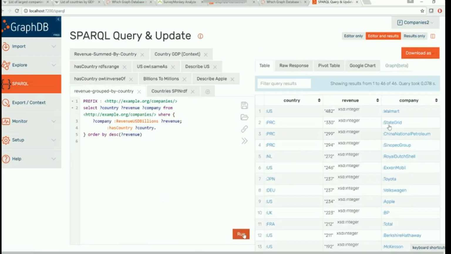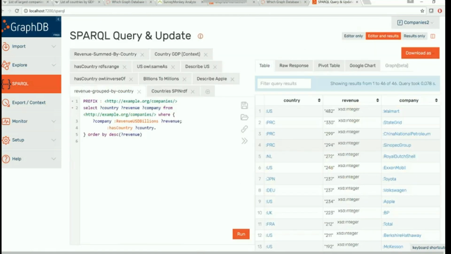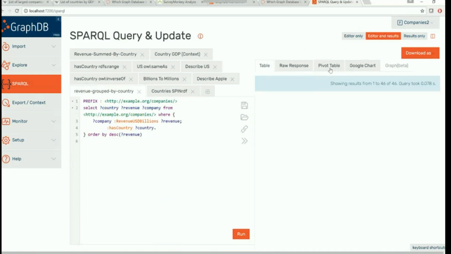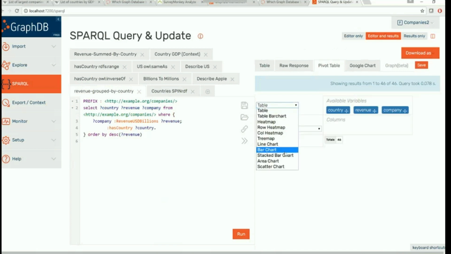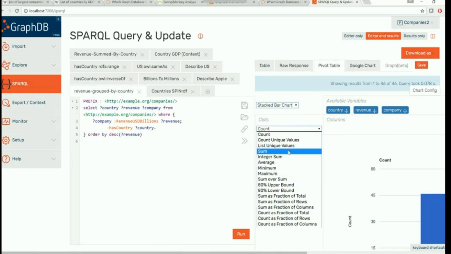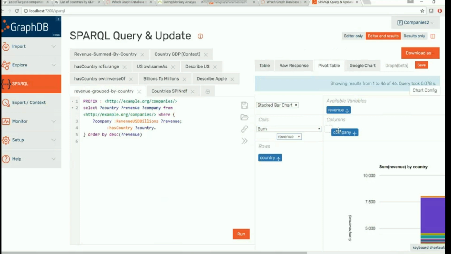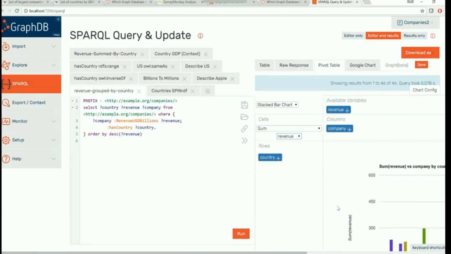So if we output this table here, you see for every company the respective revenue and country. And in order to get some idea of how they stack together, we can use a stacked bar chart where we just sum over the revenue, and we want to sum over the companies